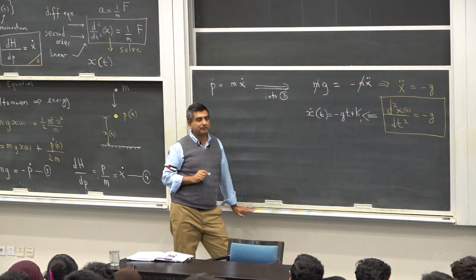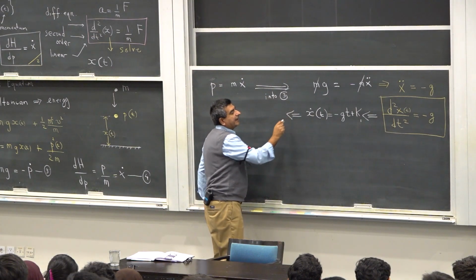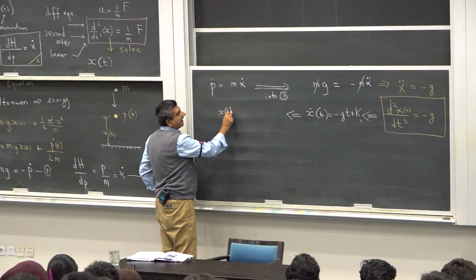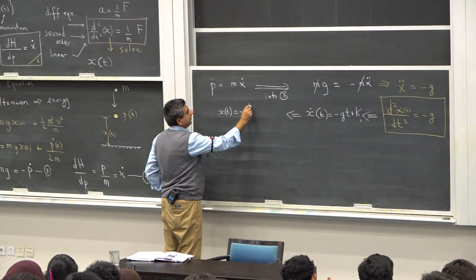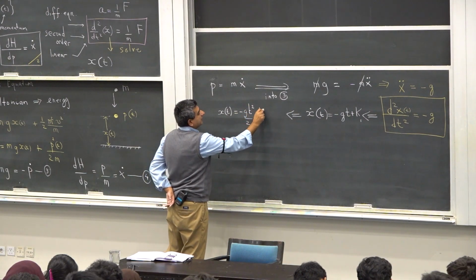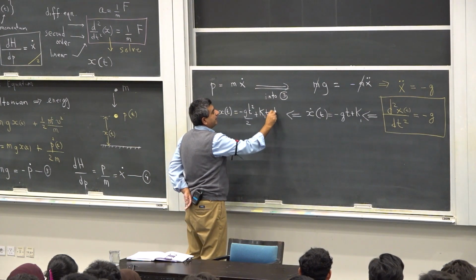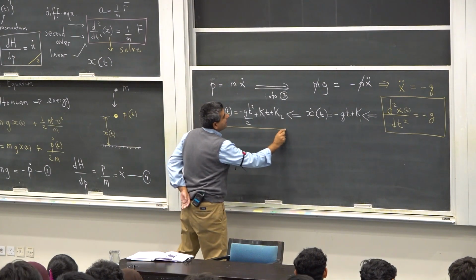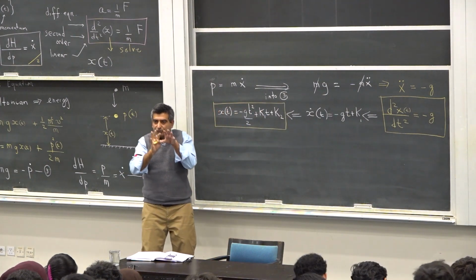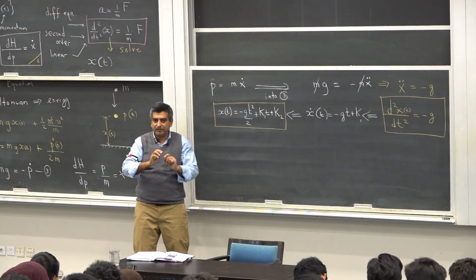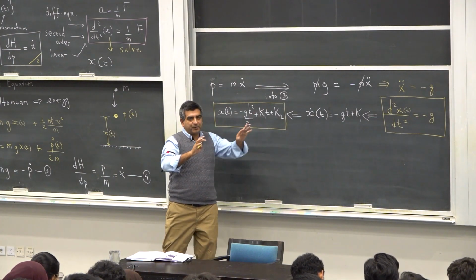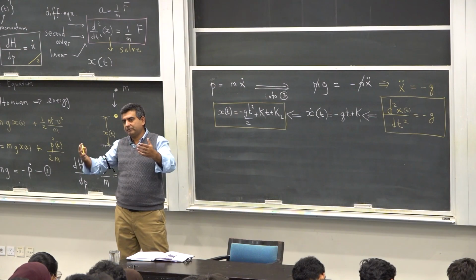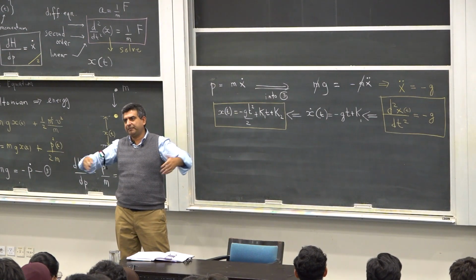All right. Then I can integrate once more. I will get minus g t square over 2 plus k1 t plus k2. This is the solution to my equation of motion. And in order to find these variables k1 and k2, I need to know the position and the momentum at some time. Could be initial time, could be any time.